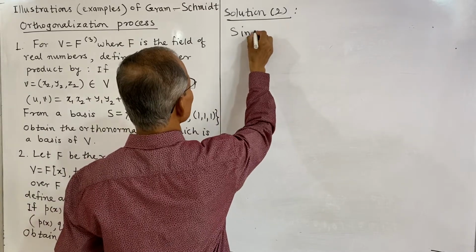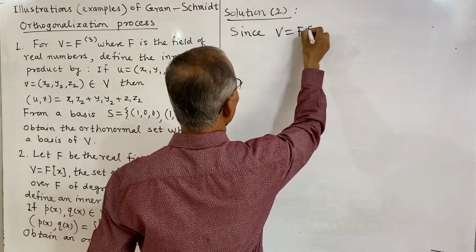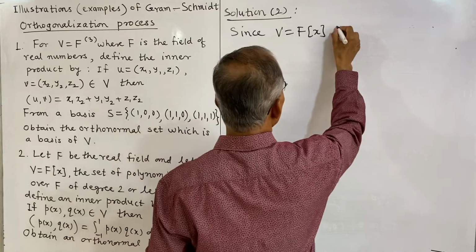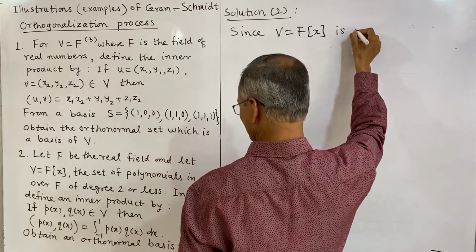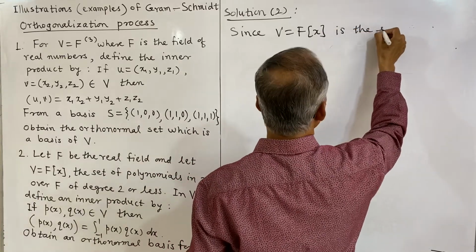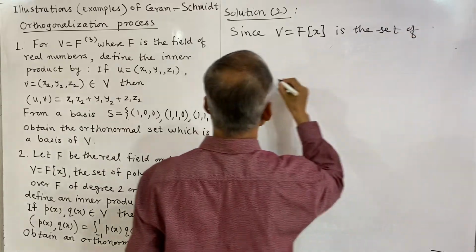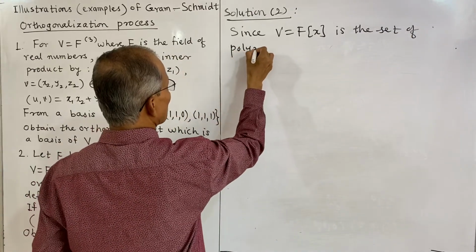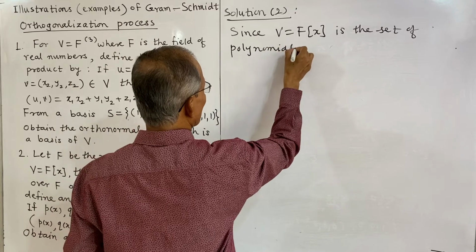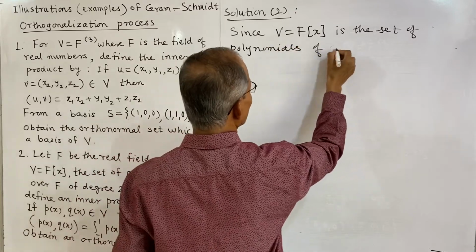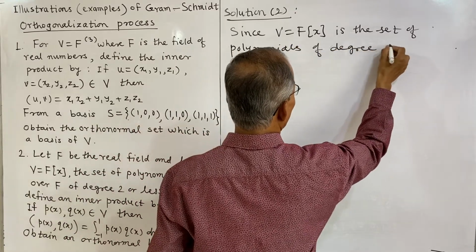Since V equals F of x is the set of polynomials of degree less than or equal to 2,